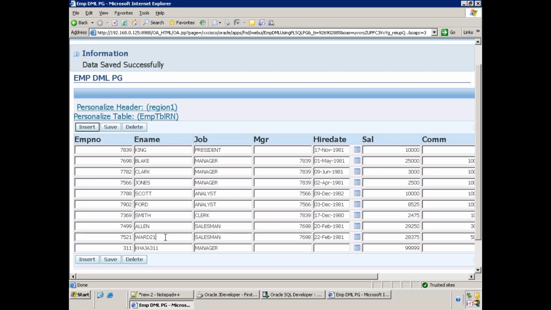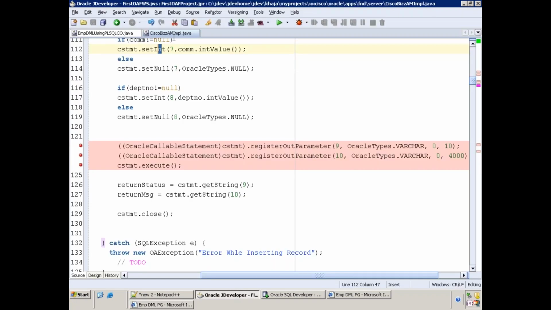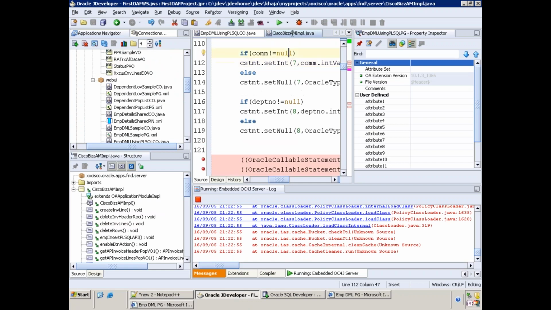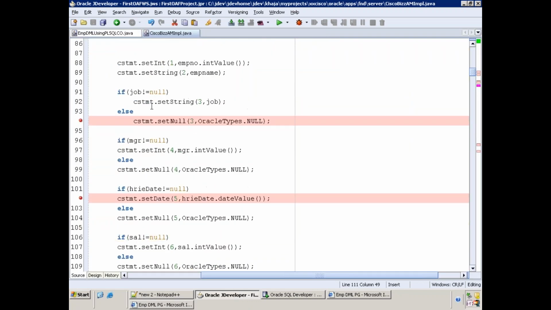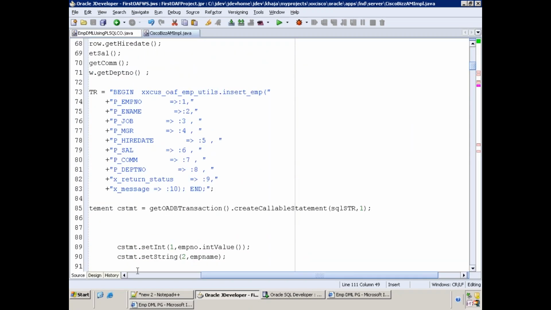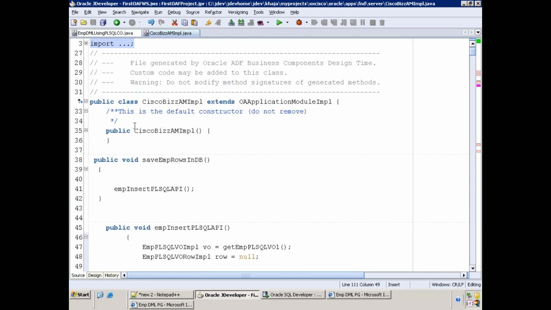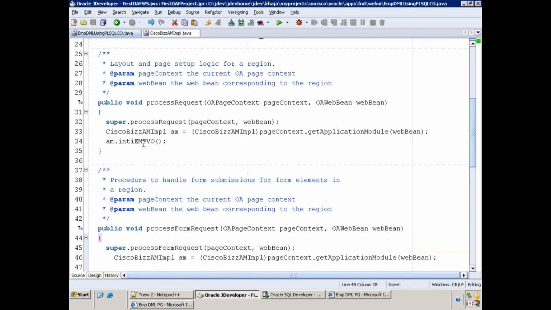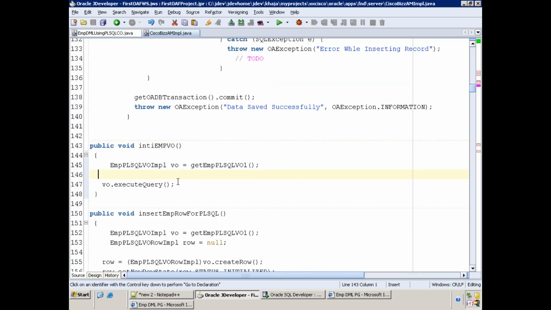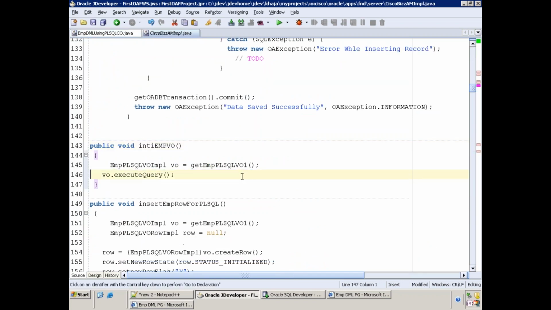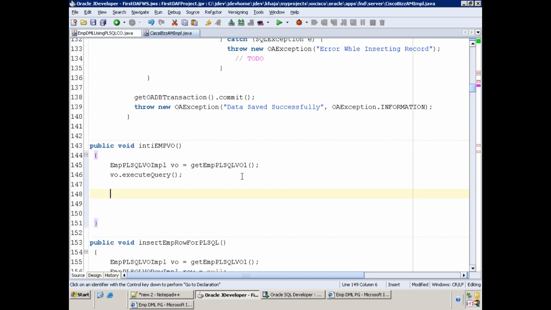Okay, clear? Yes. So let me write the update logic now. Update logic is simple again. The API has the same set of parameters, only the API name is different, and our condition will be different as well. That's it. One more thing is that during load, we have to set all the values to n by default. Here you're not setting them, right? After executing the VO, just do this particular logic.